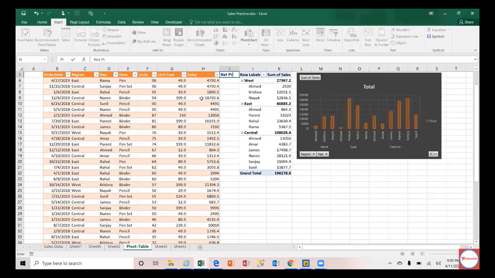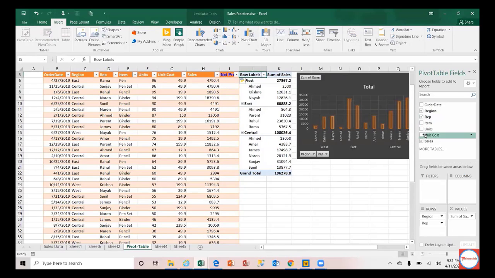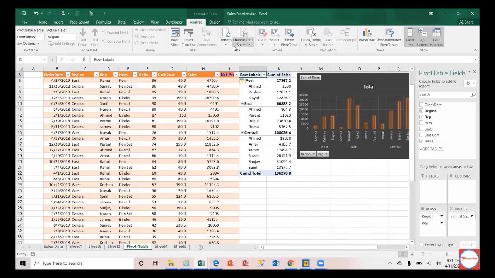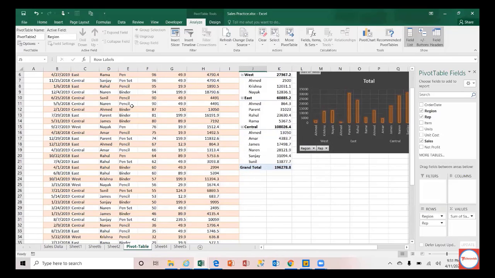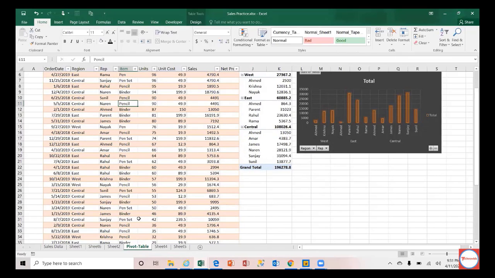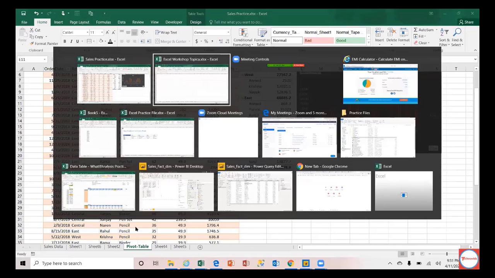That's why you should always make it a table. For example, if I add net profit, it definitely won't get added to the pivot table automatically. That's how the pivot table works. But at least when I refresh, that field should get added. So you can click Refresh, and the field gets added automatically because I have it as a table. Otherwise it won't get added, and you have to come here, change the data source and go through all that circus. All right, so this is the pivot table and the table.